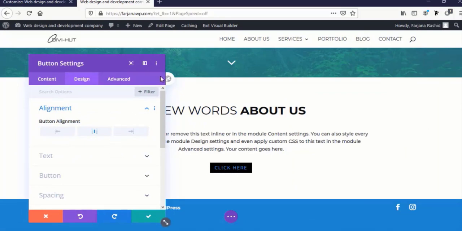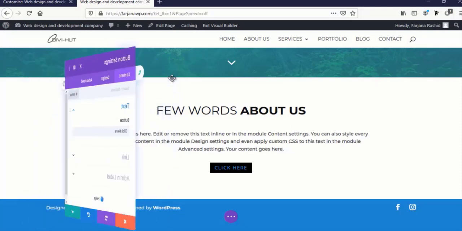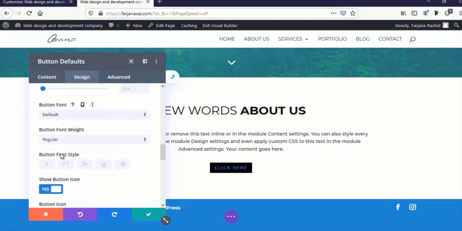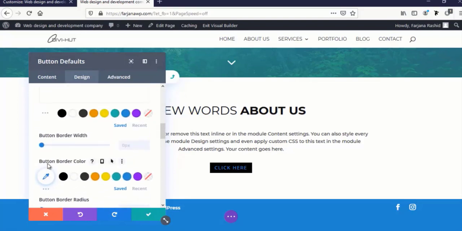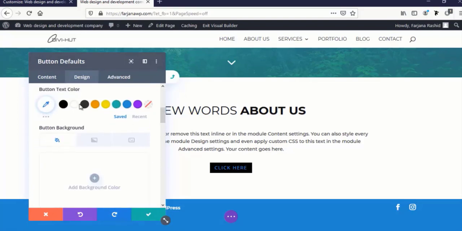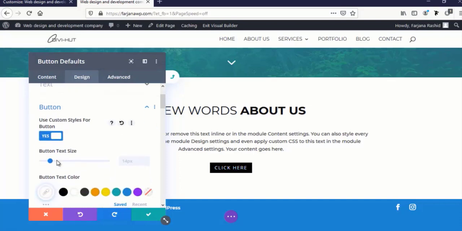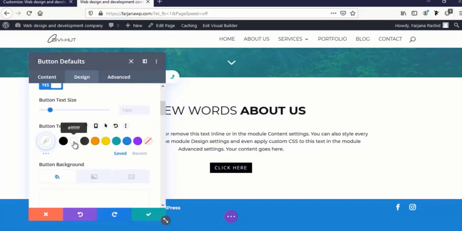So for this I'm going to click this global icon, and from here I'm going to the design tab, button, and from here I'm setting the button text color to white. So for this, first I need to turn on this custom style for button, and then I'm changing this color style to white,